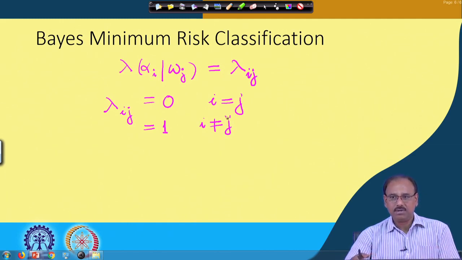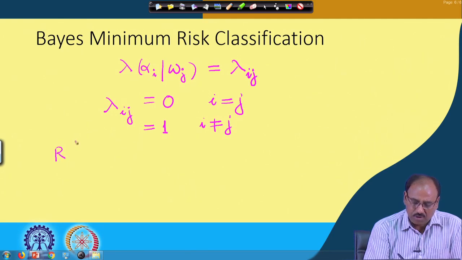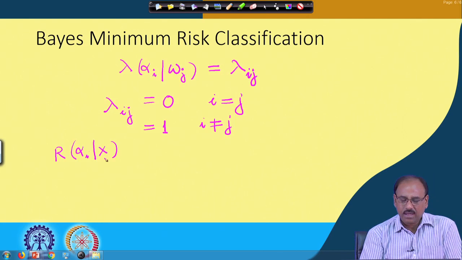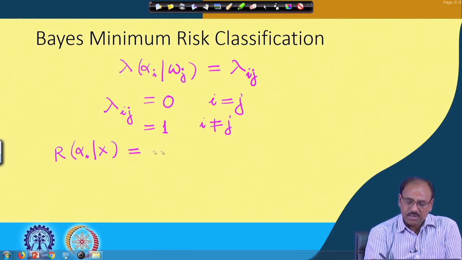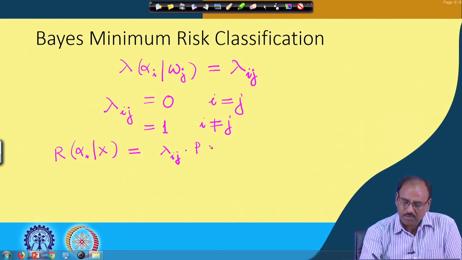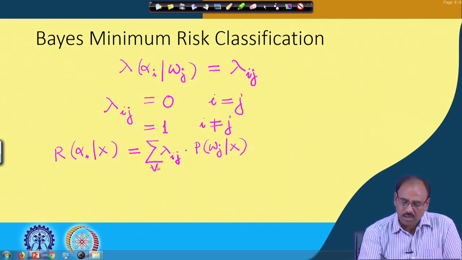So, lambda i j is equal to 0. Given this, now if I compute the risk involved in taking an action alpha i given x, which we have said is nothing but lambda i j, that is lambda of alpha i given omega j, into p of omega j given x,